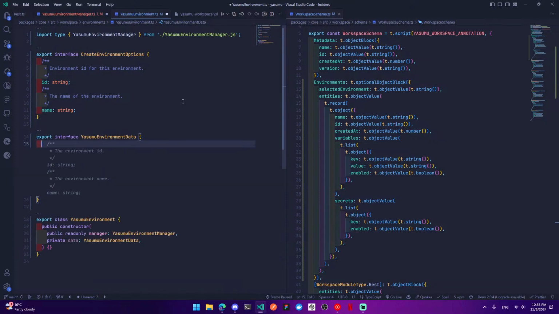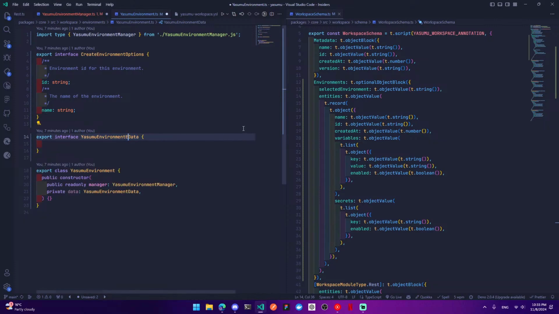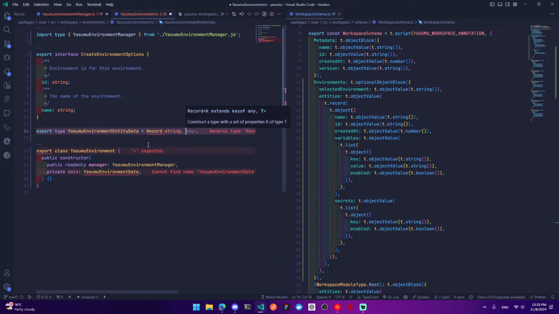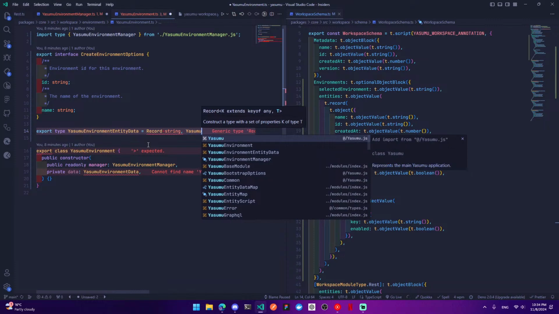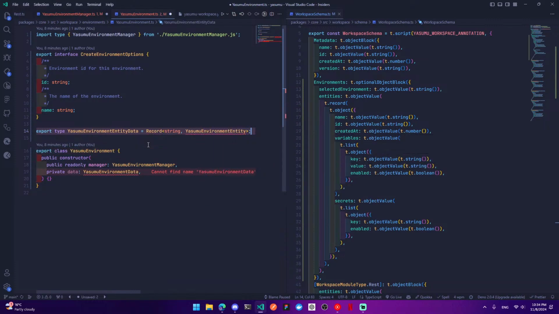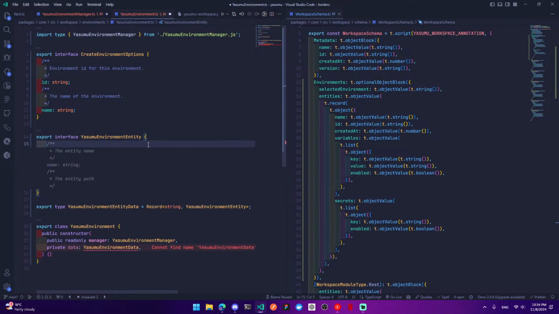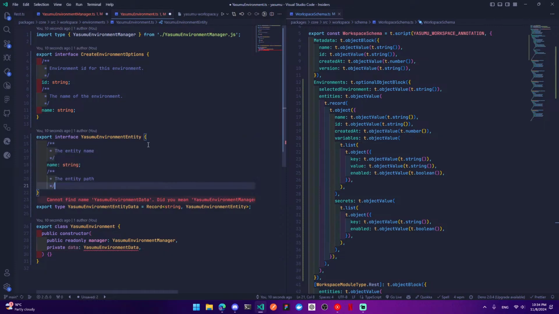So this will be entity data, and it will have, actually this should be a type of string, and it will be this. Okay, so I can create a new interface